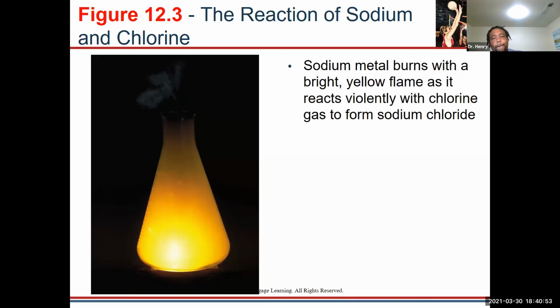Why not? Do they change the formula, or like do they neutralize it? Oh, wait, somebody said it. They neutralize each other, right? Because we have sodium chloride, which is an ion, right? So they've already exchanged. So the reason why this reaction is so volatile, so violent, is because sodium is so